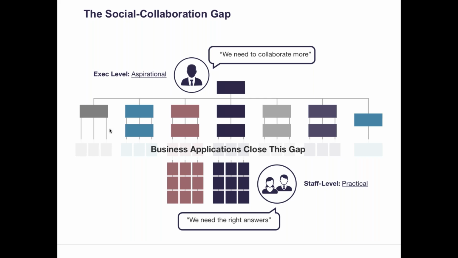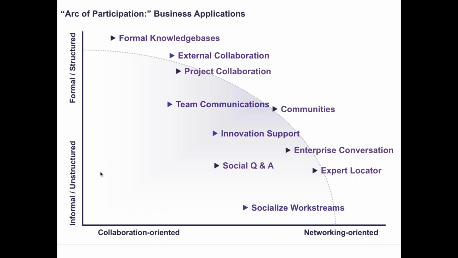That focusing your aspirations in terms of specific applications that you're going to manage as products in your portfolio is the key to closing this gap and really unlocking the value of social collaboration. And the good news is that this is exactly the way then that you can evaluate vendors, right? Because you can stand them up against particular applications to then describe what they do and don't do very well.